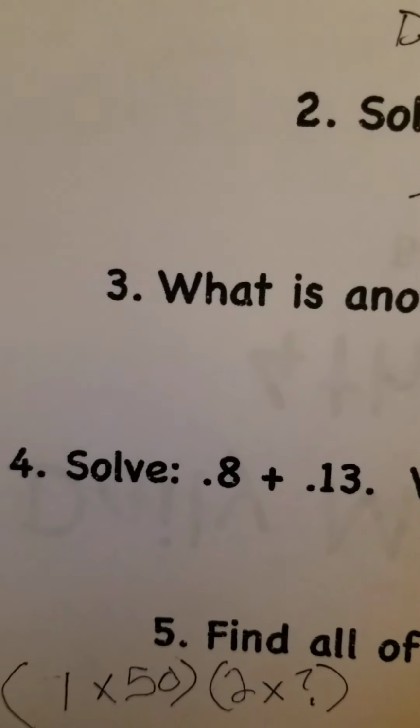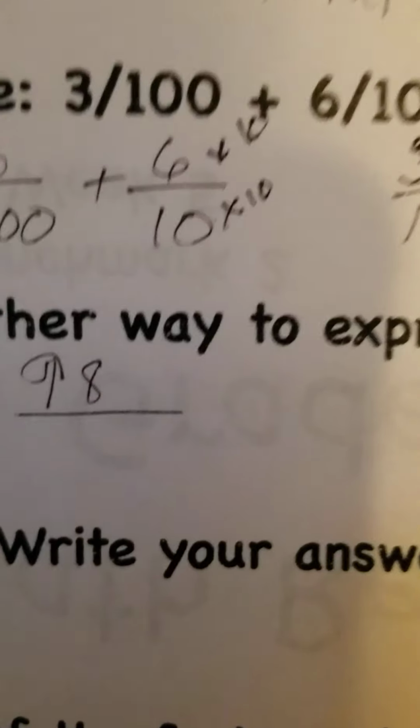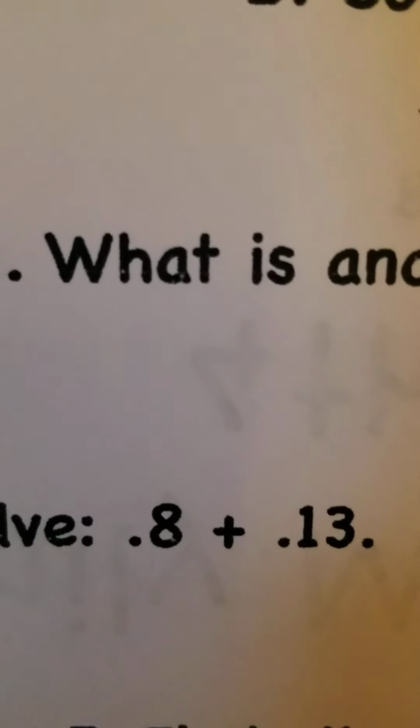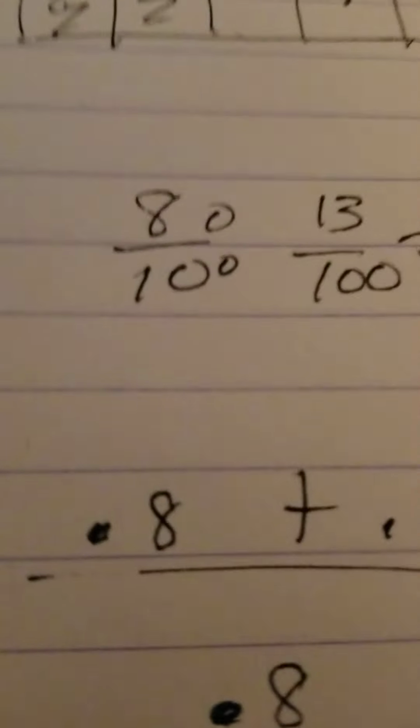Okay? Number 4. Solve decimal 8 plus decimal 13. Okay, write your answer as a fraction. So when you do decimals, you need to line them up, the decimals. Okay, when you're adding, you line them up. So you're going to do this here. Decimal 8,